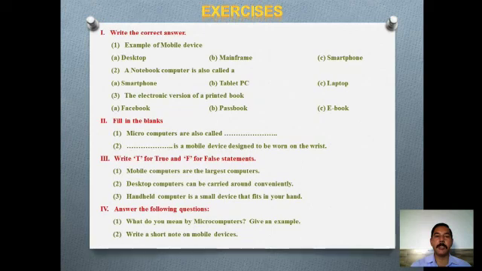Now exercises are there. Basically 4 types of exercises are there. Write the correct answer. Question is given, 3 options are there. One is correct, you have to write that particular word. Fill ups, then true false you have to tell. Then 2 questions are given, you have to write the answers of these